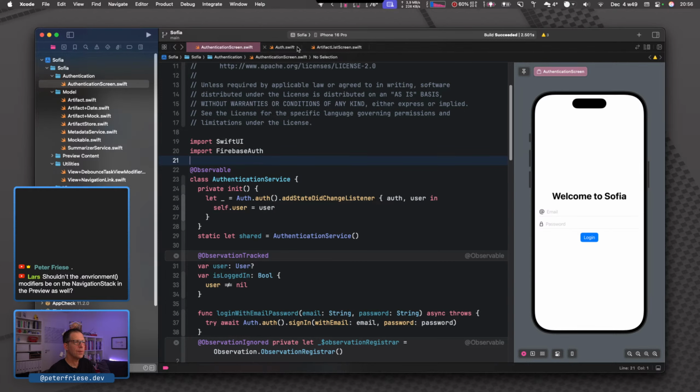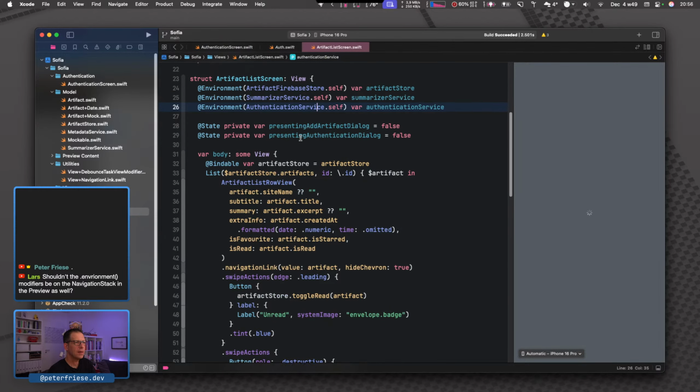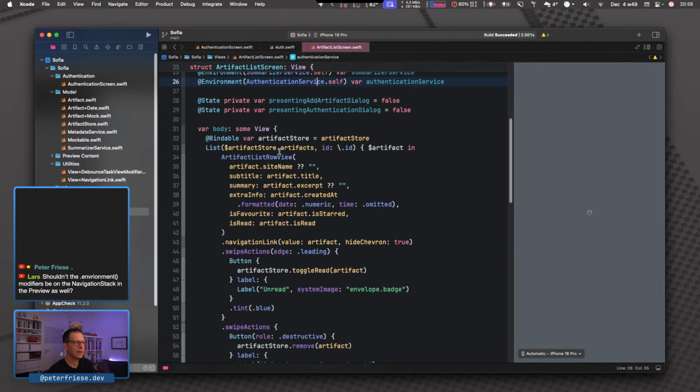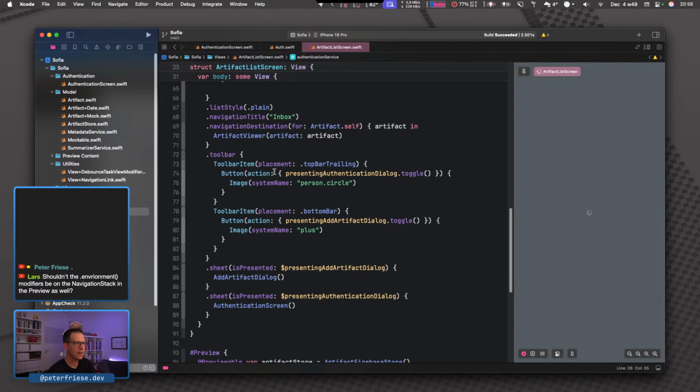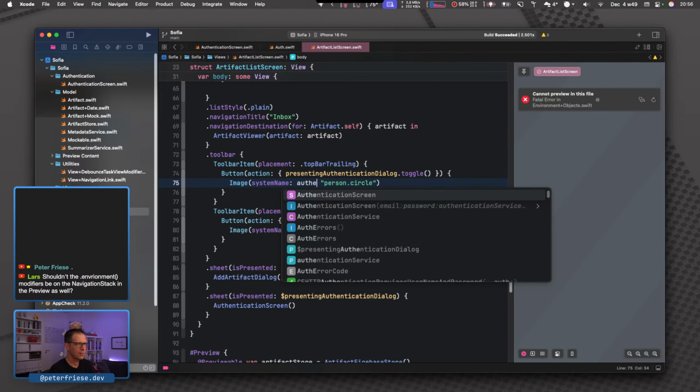All right, so in my list screen here, I can now go down to my button, to this one here, and then we can see if this works.